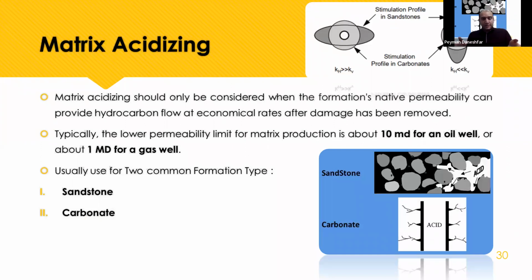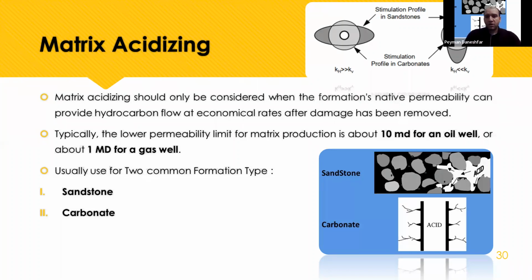Every time I told before, we have two famous formations, sandstone and carbonate. In a sandstone, we have sand and silt, but we have a cementing bond such as limestone. And in a carbonate formation, we have limestone, dolomite, and everything. As you can see here,